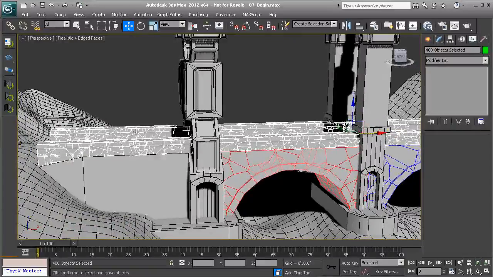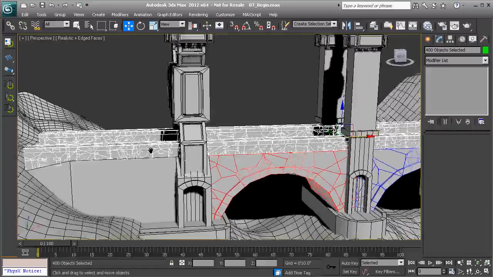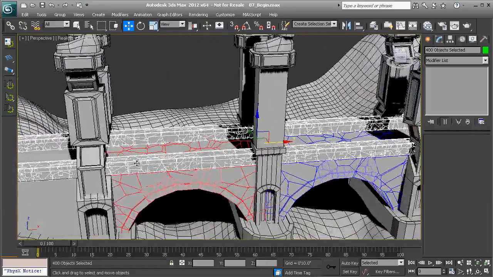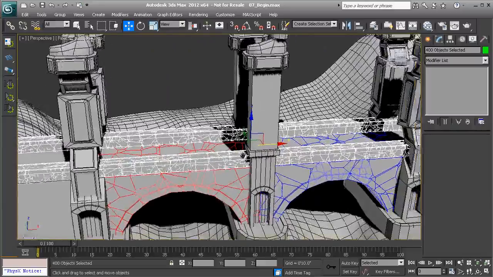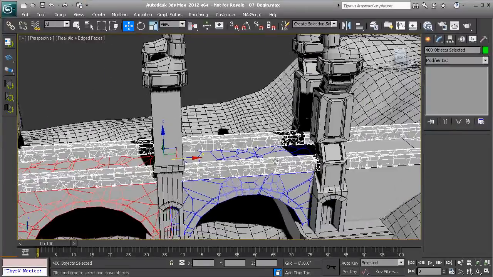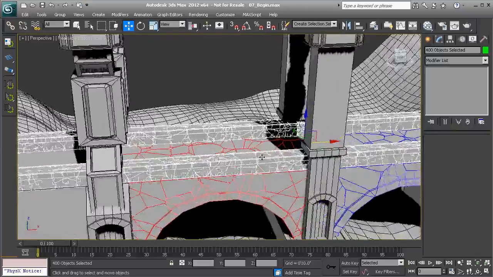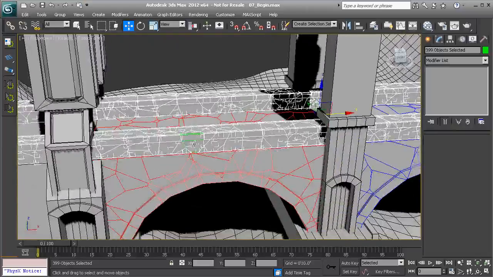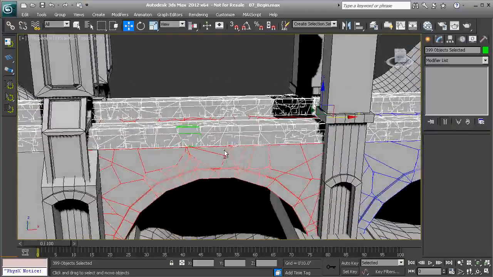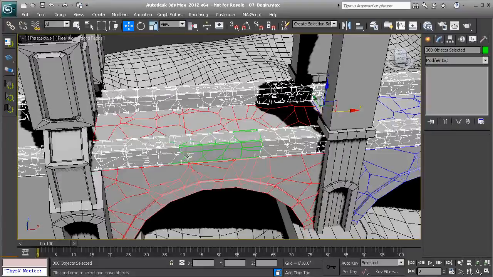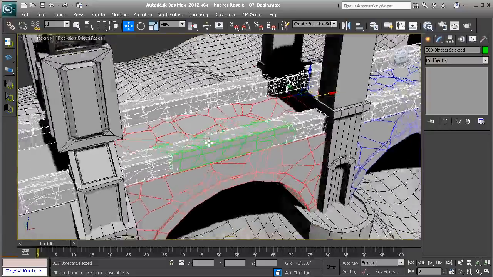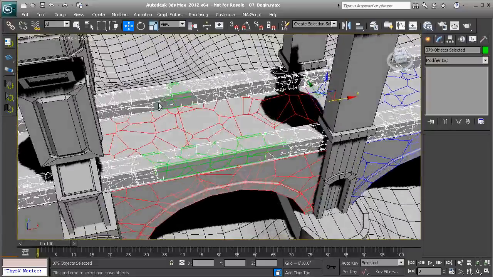So I know that I want most of these to be static. And a lot of these on this one are going to be static as well. Most of these are going to be set to dynamic and static. So I'm going to come in here and hold down Alt, deselect a lot of these here in the middle, and I'm just going to be sporadic with how this is going to destroy itself. I'll just hold down Alt and click some of these,